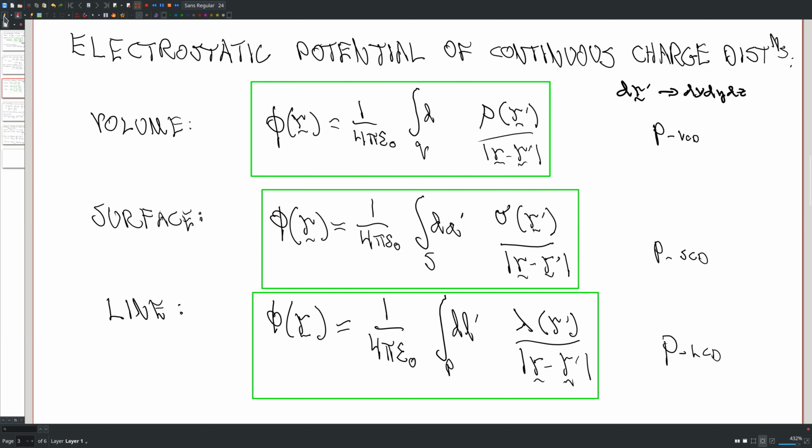If you understand what I mean with the tau prime like this, then we'll be happy. So it's really the volume element in the chosen coordinate system that you work with. Right? Okay, so that kind of gets us started, just these expressions that